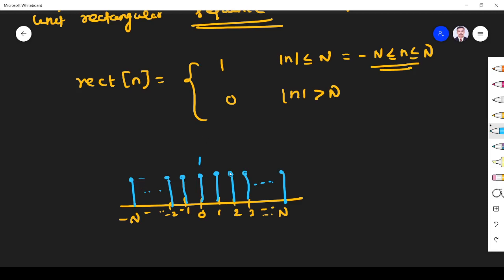It's like our continuous time rectangular pulse. That's what is known as the unit rectangular sequence. Why is it unit? Because the magnitude is 1. That's all about